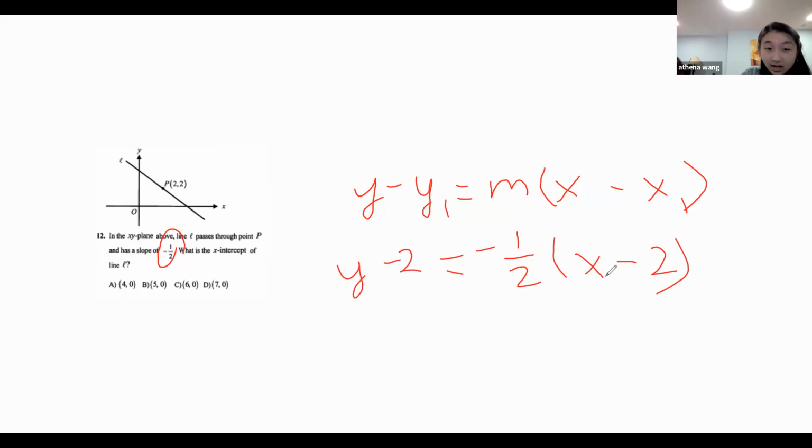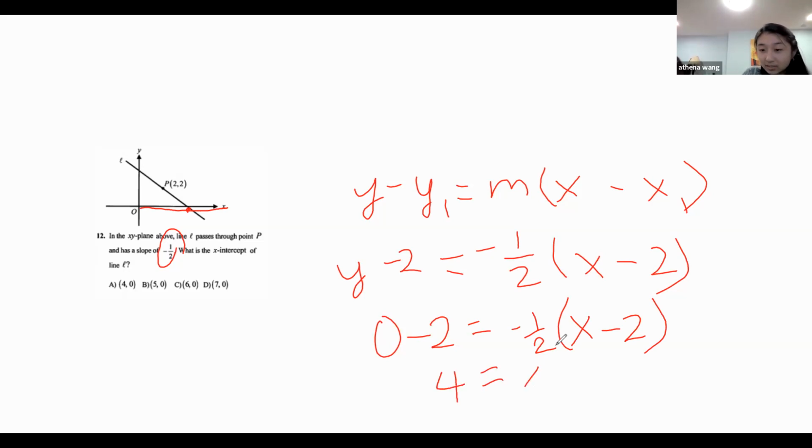And then we need to find the x-intercept of the line. So the x-intercept is the point where it intersects the x-axis. So that is when y is 0. So we plug in y is 0. So 0 minus 2 is equal to negative 1/2 times x minus 2. So then we have,